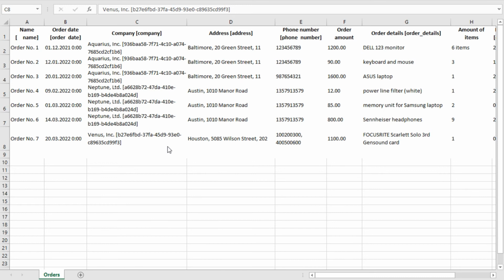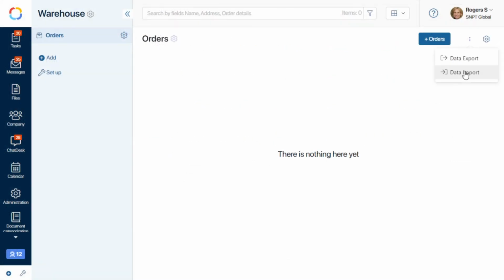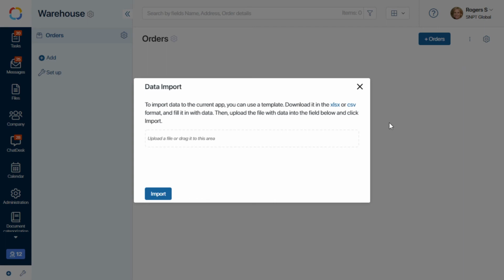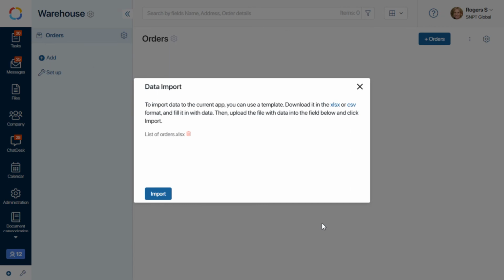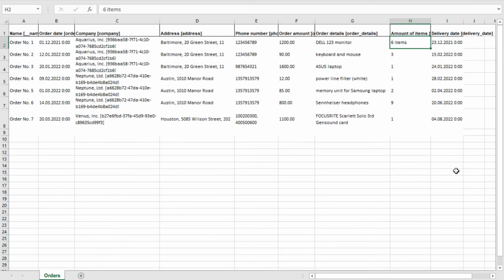Let's save the file. Now we'll get back to data import. Let's upload the file and click Import. The formatting of the data in the file needs to correspond with the types of fields in